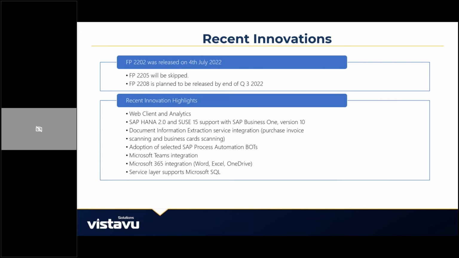As we look at what has happened, the Feature Pack 2202 was officially released on July 4th. So a happy birthday to America present. We got our new Feature Pack. As a result of the delay that was put in the security investment, Feature Pack 2205 is being skipped. So the next Feature Pack will actually be 2208, and that is expected to be released at the end of the third quarter. So again, as we start looking at the very end of September and into October, would be when we would expect the next Feature Pack,